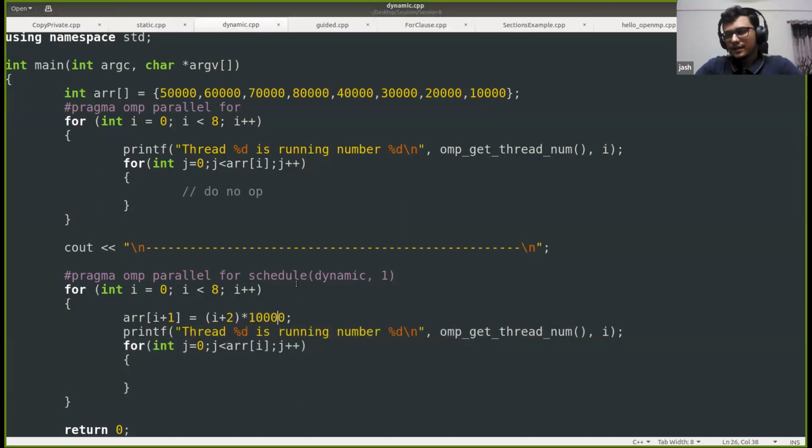Maybe in this case the static schedule or the guided one might be better, but dynamic might not be. You have to see how the work is distributed across iterations and what kind of scheduling can be better. Even I need to think through what can be the better way of distributing the work in this case. But we can take this as a homework and see how we can do this in a better way.